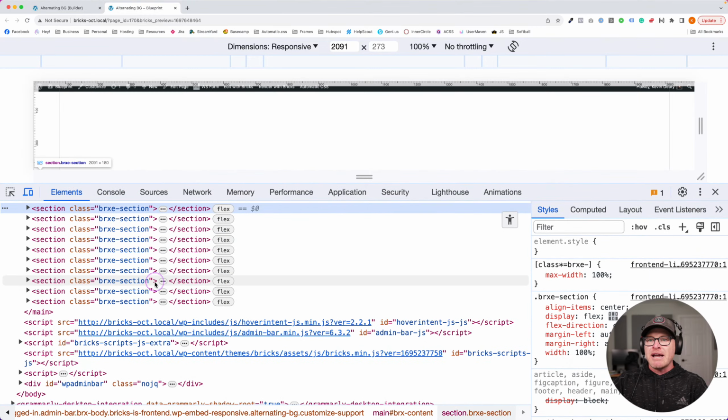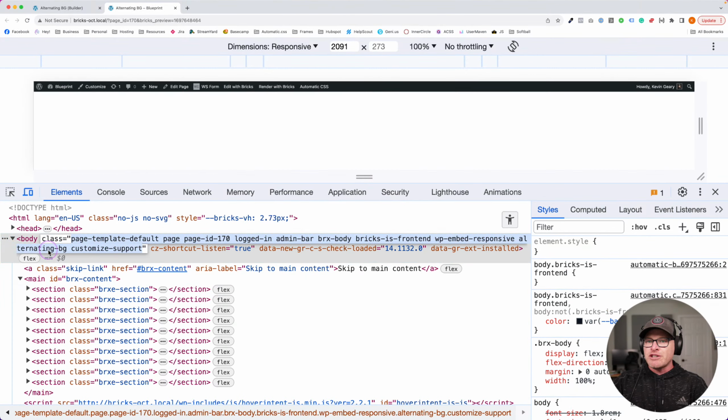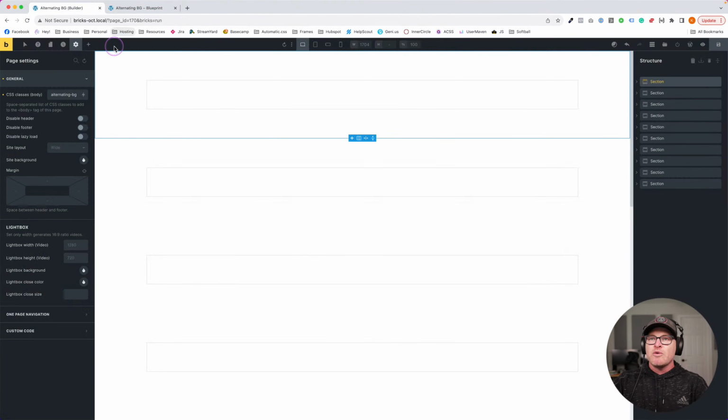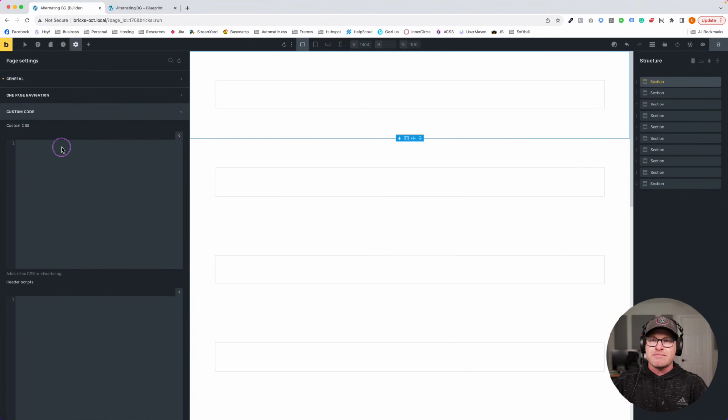So we just put a body class. If we go up here to body, right? A lot of people ask, what is a body class for? See how alternating BG is now in the body of this document, which means I can go target it. Now I can do that here. I can do that in WP code box, whatever. So alternating BG, and we just basically do